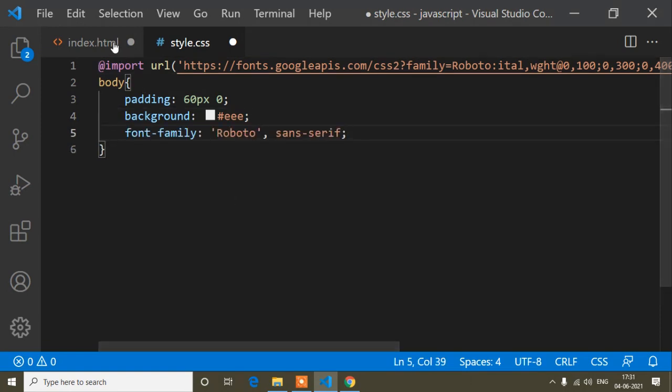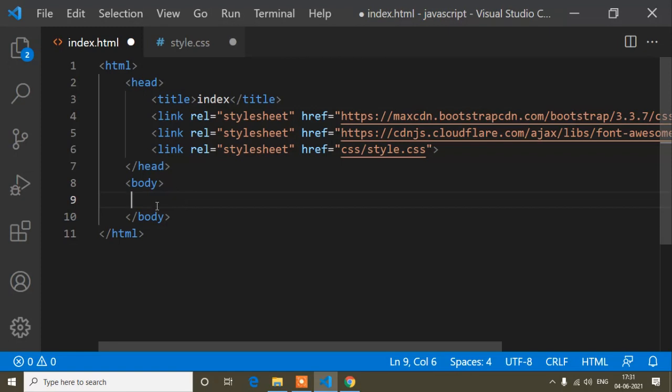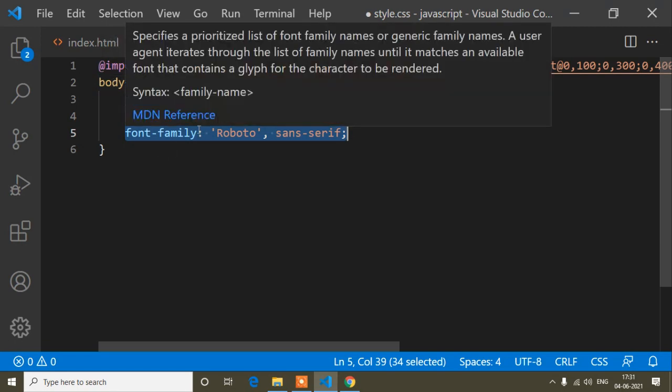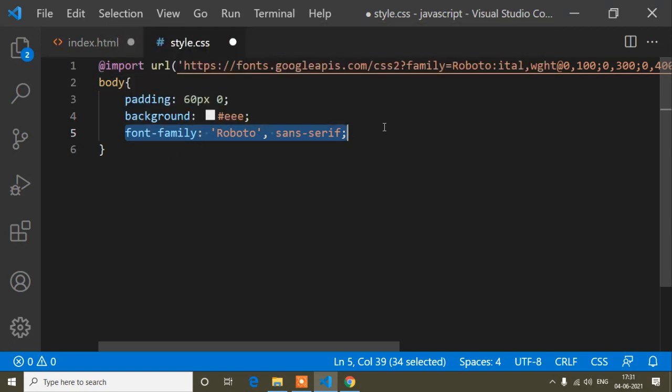That means I will write all the code inside this body tag, so whatever code I write inside this body tag, the Roboto font will be applied. I use only the Roboto font, so I pasted it in the body tag. If you want to use a different font inside this H1 tag, and a different font inside this P tag, you can add them separately. But for this whole project I will use Roboto, so that's why I have added it inside this body tag. So this is done, and I hope you have understood.